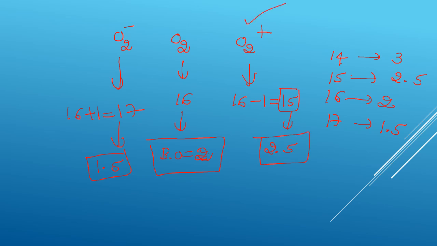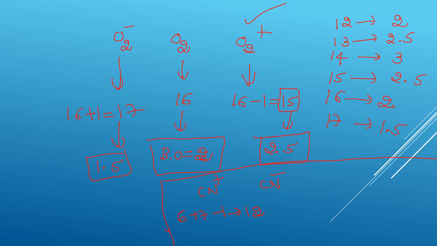One more example you can consider: CN plus ion and CN minus ion. In CN plus, carbon has atomic number 6, therefore 6 electrons, and nitrogen with atomic number 7 has 7 electrons, minus 1. So the total number of electrons is equal to 12. So if it is 12, what is the value? If the number of electrons is 14, the bond order is 3; if 13, the bond order is 2.5; if 12, the bond order is 2.